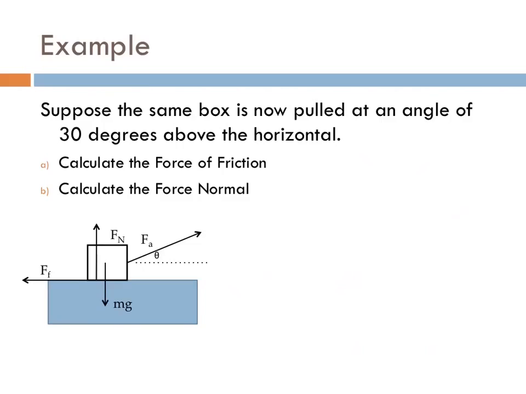So now we have another example. Suppose the same box is now pulled at an angle of 30 degrees above the horizontal. Our box still has a mass of 10 kilograms, and it's still being pulled with a force of 50 newtons. But now these 50 newtons are being applied at an angle. So here, if we want to calculate our force of friction, now it's not equal to our force applied. So to write the sum of the forces in both directions,